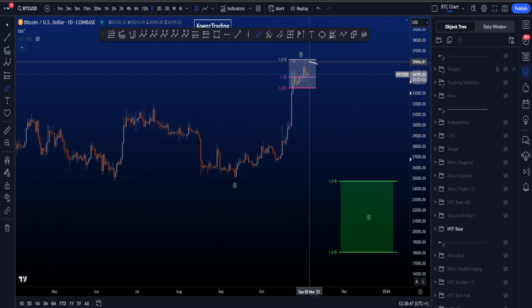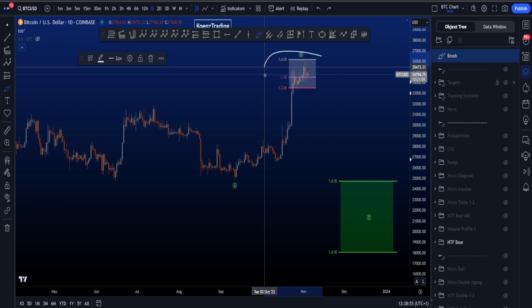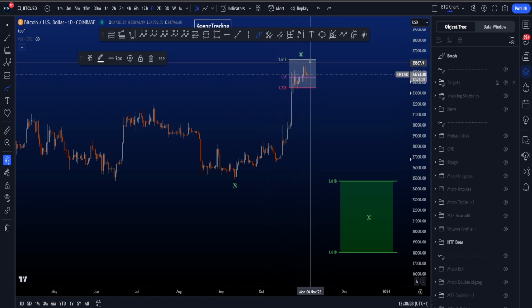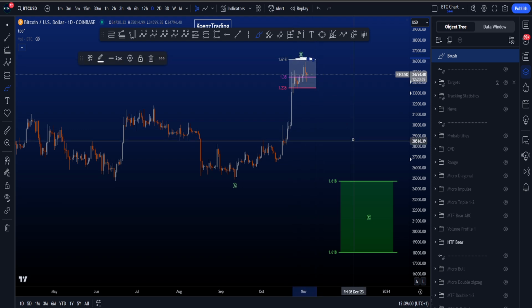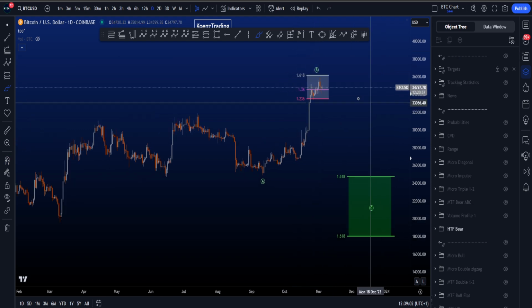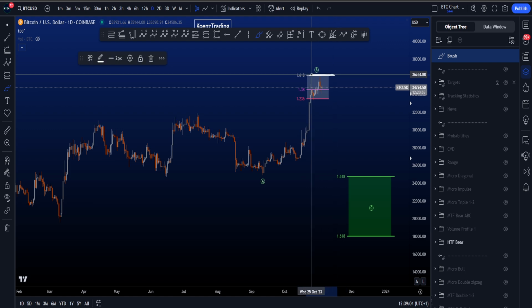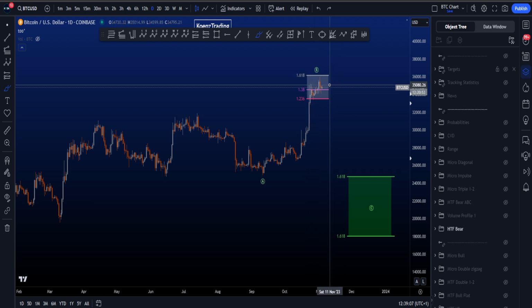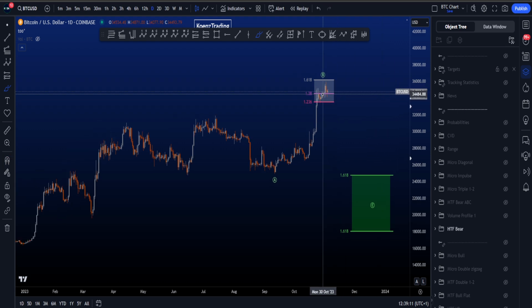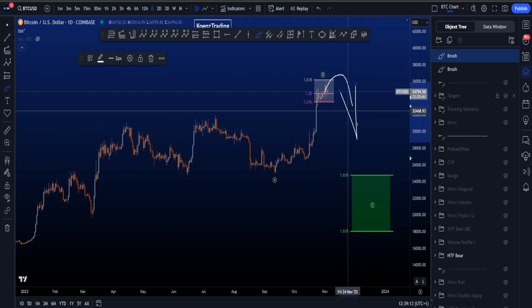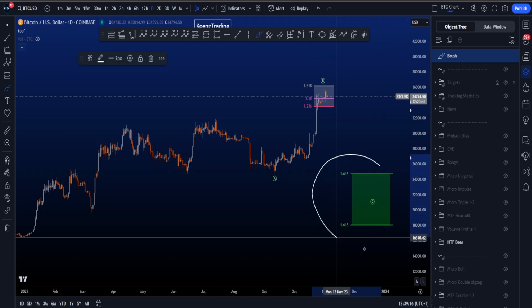As you can see, we are currently ranging above the 1.38, so above the common target area for a wave B, but still inside the target area for a wave B, because the 1.618 is a less common target, but a target nonetheless, which is sitting at 36.2k. So as long as price is not closing high time frame candles above the 1.618, above 36.2k, this scenario is still very much alive and has probabilities for then a 5-wave structure to the downside in a wave C,